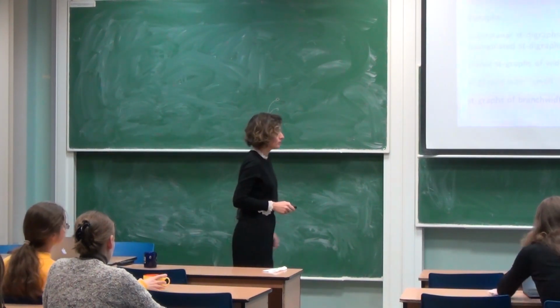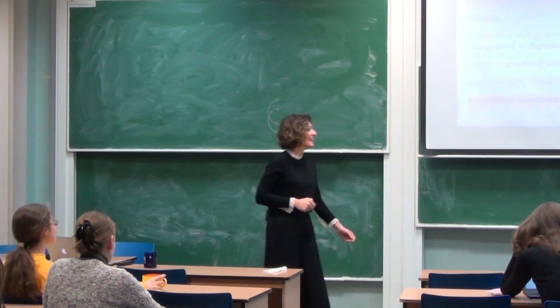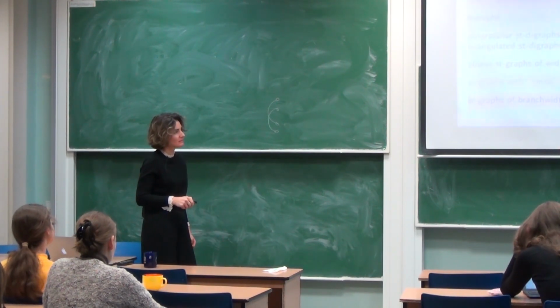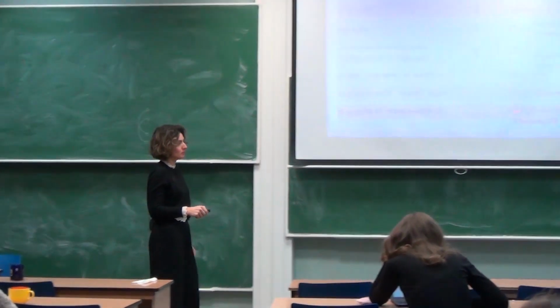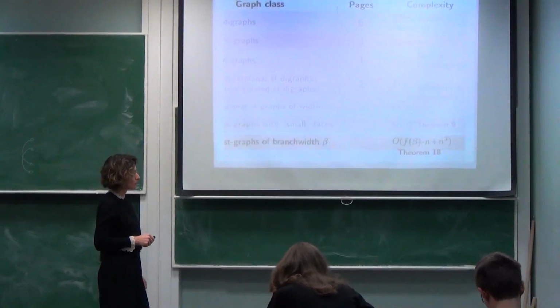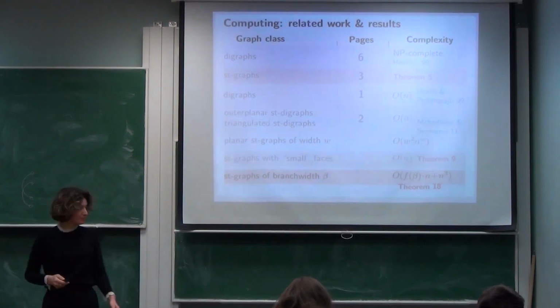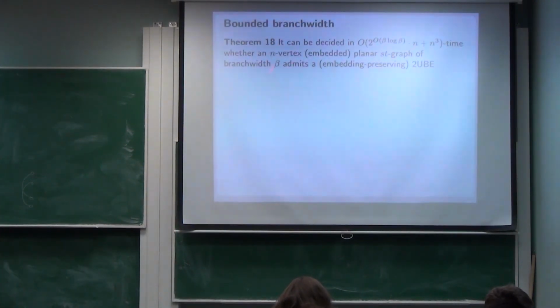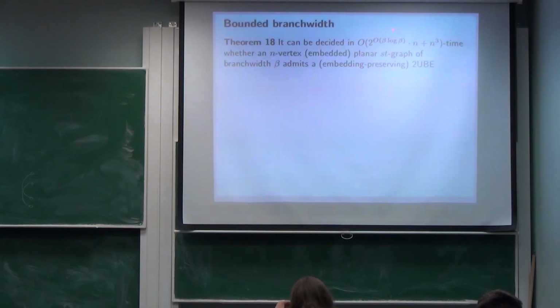So, graphs of bounded branch width. For them, we can decide in this time whether there exists a two-page upward book embedding, and in particular, this means that the problem is fixed parameter tractable in the branch width. Okay, so this is theorem 18, and that's what it says. So it can be decided in the following time